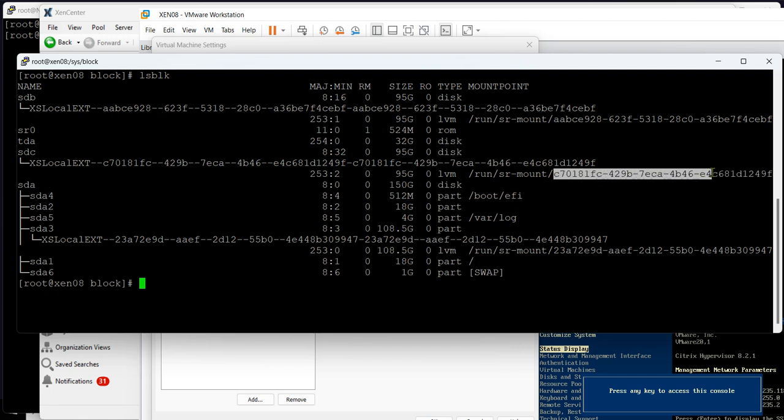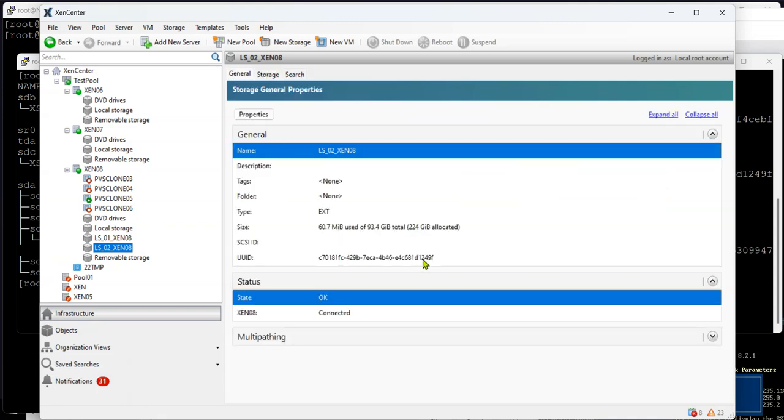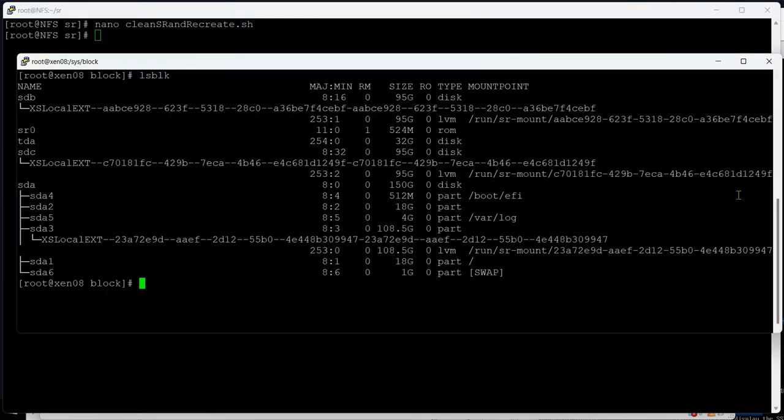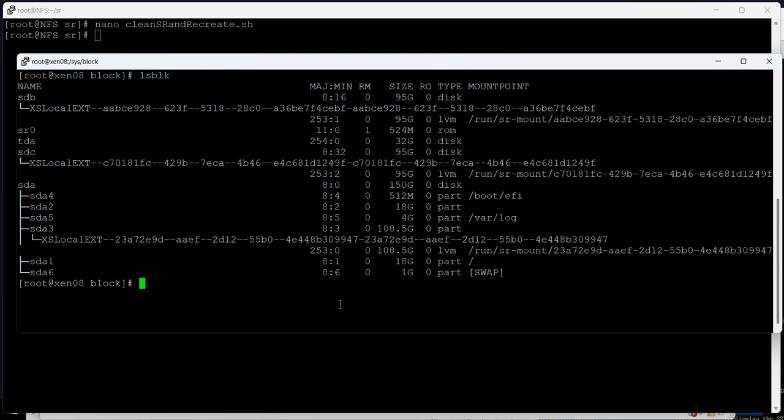This is the UID of the disk. So if I'm going to general, so for this one, it should be the one that ends with 249F. 249F, where is it? 249F. So I know that this is for a fact my drive, but I can also check that if I